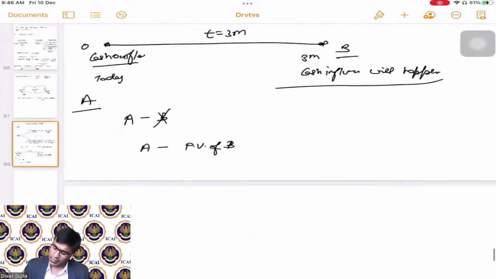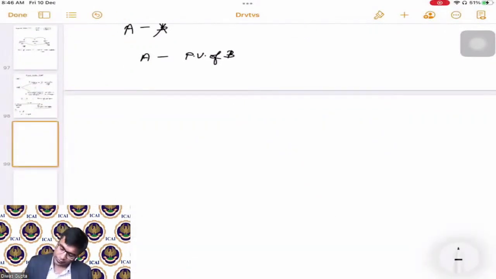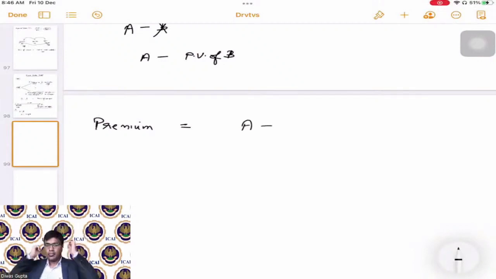So this is called as premium. I'm writing here, premium is equal to... please listen to all these things very carefully. Premium is equal to A minus B. This is a very simple concept, but